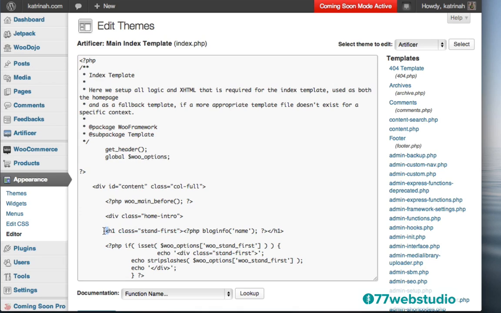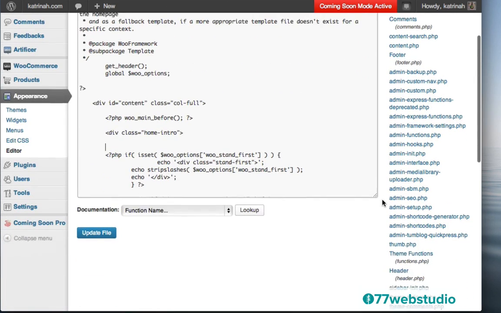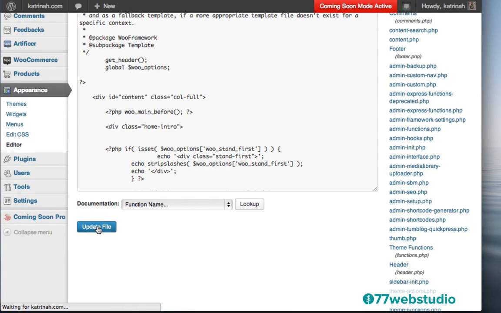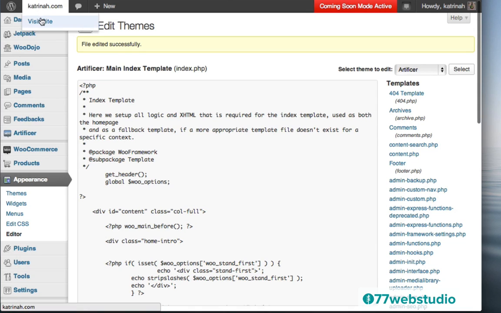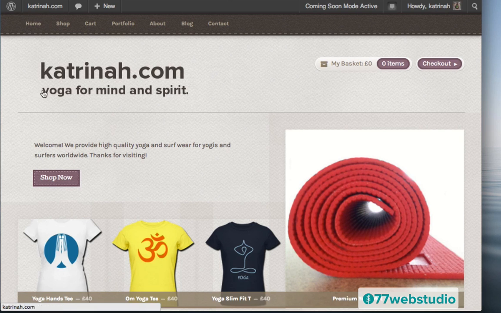So I'm going to highlight this entire code right here. So I'm highlighting the h1, the opening bracket, everything in between it, and then the closing h1 bracket, this whole thing. And then I'm going to delete it. Once again, if you do not want to remove the title, then just skip what I'm doing right now. So I just highlighted this code. I'm going to delete it, and then I'm going to come to the bottom here and click on Update File to update the file. Now when we go to the top by clicking on Visit Site, now we see that the title is no longer there, so that's great.